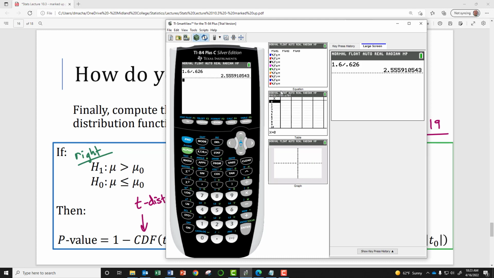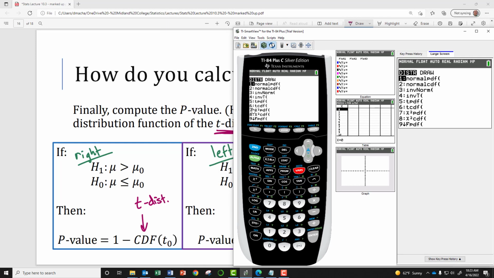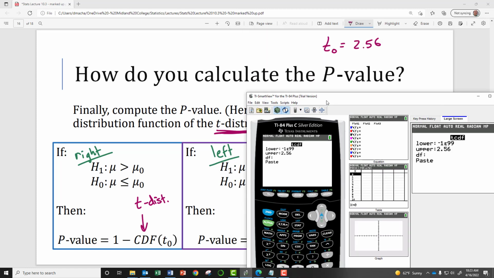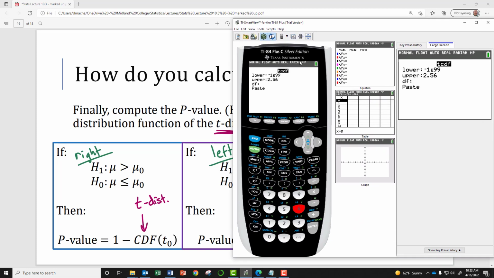So in my calculator, I do 1 minus the second VARS. Now I want the t distribution CDF, so that's going to be number 6 on this list, with 2.56 as my t naught. My degrees of freedom was 20 minus 1, or 19, and then I paste, and that is going to give me a value of